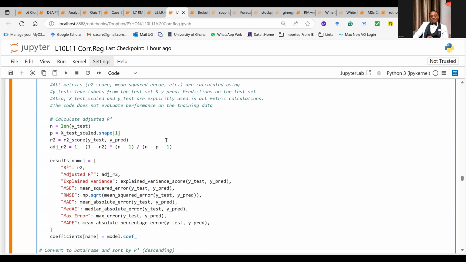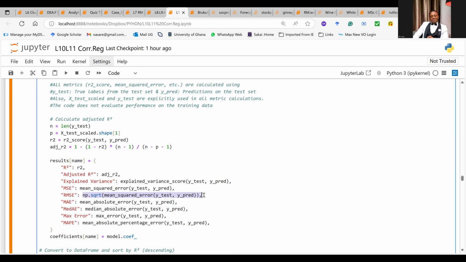Having gotten the code for the adjusted R square, I will now add it to the evaluation metrics. So now you see you have R square, you have adjusted R square, renamed nicely. I have even brought the root mean squared error. Check carefully, the root mean squared error has been calculated.